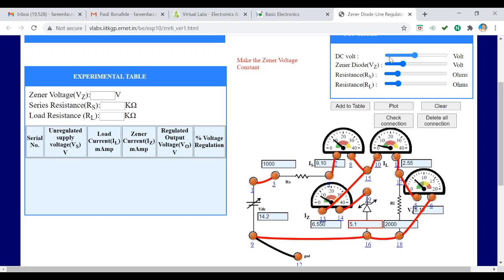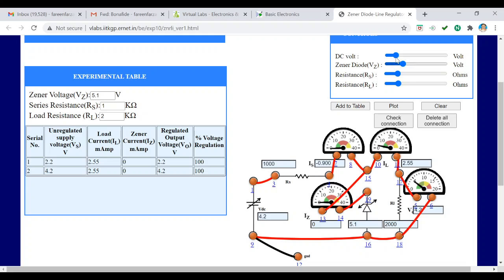And the DC voltage, I am going to vary the DC voltage and add it to my table. So vary and add to my table, vary, add to my table. Likewise you take a couple of values.